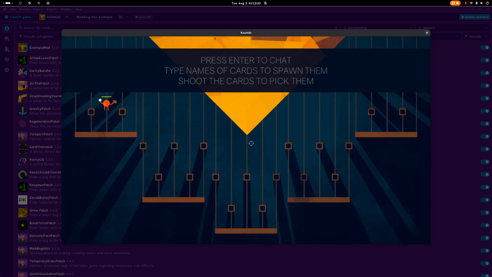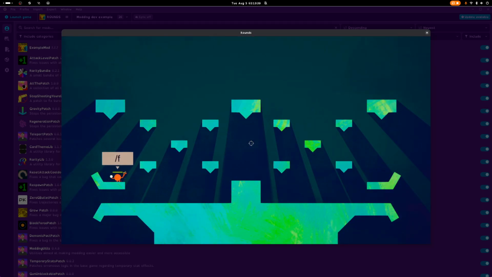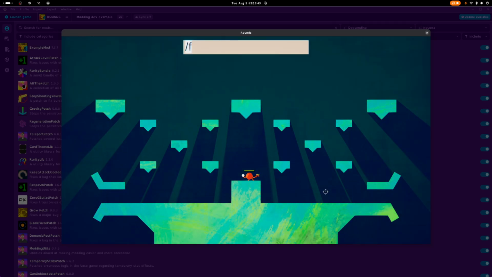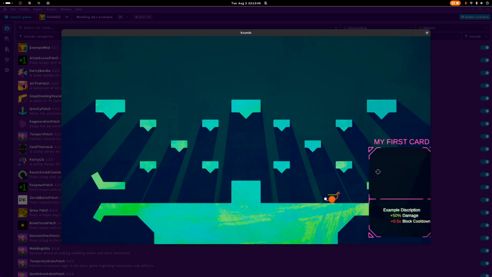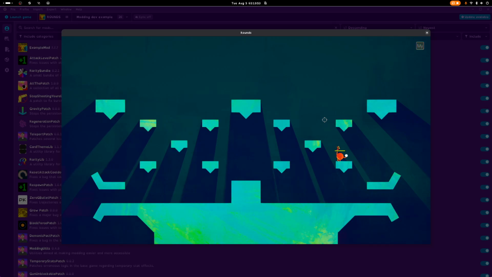Let's go into sandbox. And a nice trick is if you type slash and then F, it'll bring you over to this lovely map that is a lot easier for testing. So we're gonna go my first card, and there it is. And you can see it's pink like we told it to be. And if I take it, I can then,